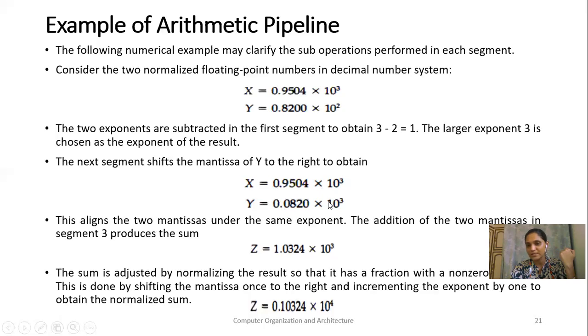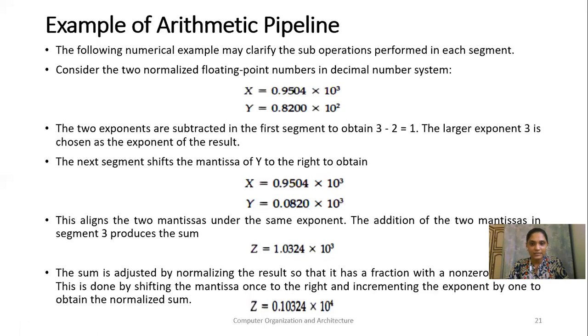The exponent will be the same, as we have done the normalization of this exponent. So our result's exponent will be 10 raised to 3. But the Mantissa terms you can find by simply adding these two Mantissas, or if you are asked to do subtraction, then you do subtraction on these two Mantissa terms. So simply by adding 0.9504 plus 0.0820, we will get 1.0324 into 10 raised to 3, as our exponent term is the same. Okay, so it is our result of this addition of two floating point numbers.